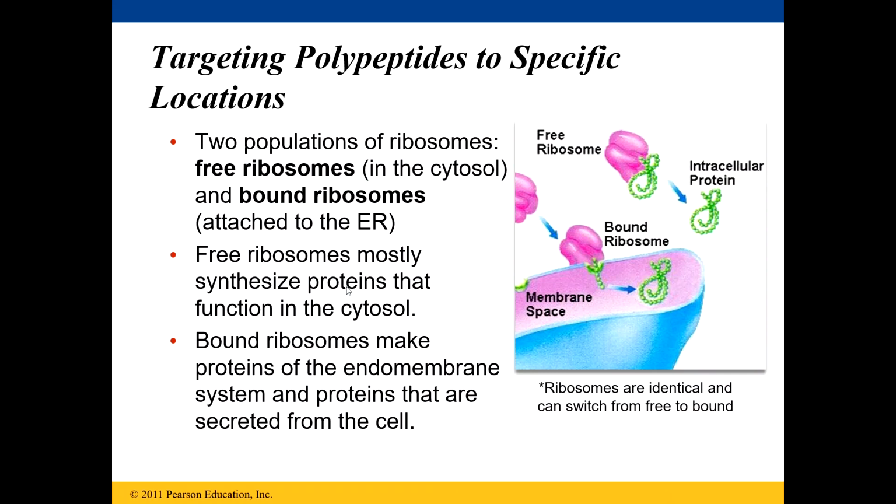Or the bound ribosomes, that is, make proteins that are secreted from the cells. So those might be maybe proteins that are needed to make hemoglobin outside to make the red blood cells, something like that. But either way, ribosomes are identical and can switch from free to bound. And that is our wrap on